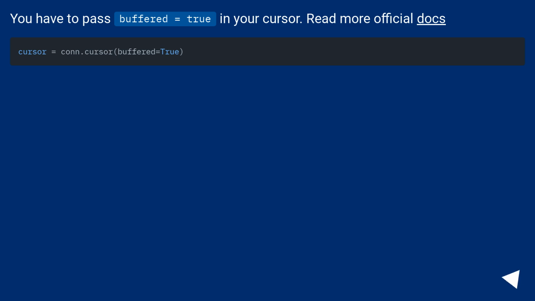You have to pass buffered=True in your cursor. Read more in the official docs. Also, perhaps it's